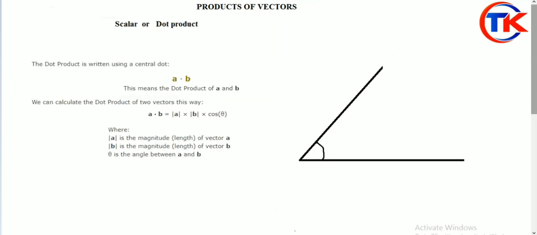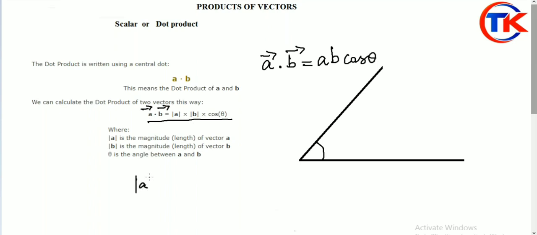The scalar product or dot product of any two vectors A and B is denoted as A dot B. Like if A is a vector, B is a vector, it is denoted like this, A dot B. The resultant will be a scalar one, right? The resultant is AB cos theta. It is a general form. A dot B, that is A vector dot B vector, is equal to AB cos theta.